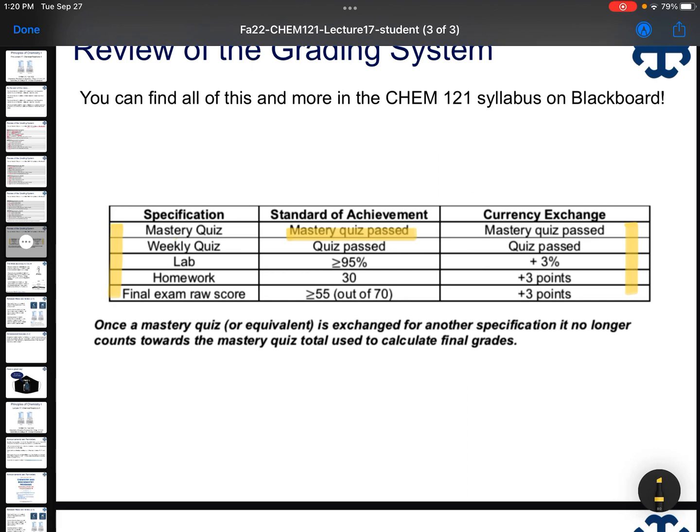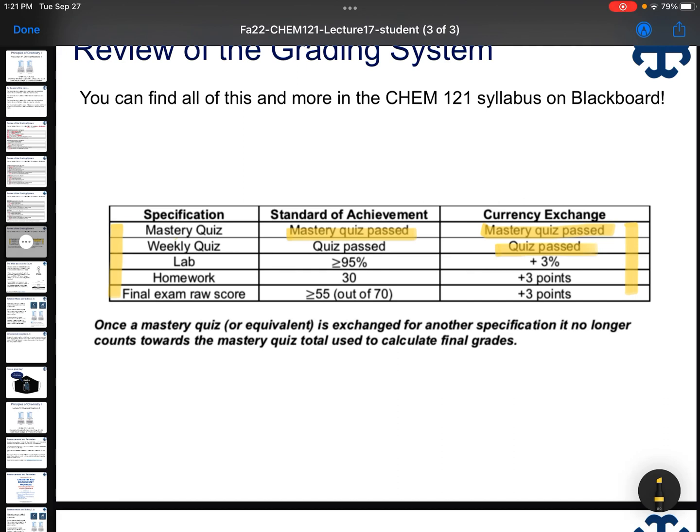So you can, of course, count that mastery quiz as a mastery quiz. You can replace a weekly quiz with a mastery quiz. So say, for example, you just couldn't crack passing quiz 2 at any point this semester, but you did pass mastery quiz 1. You could replace that so that you no longer have that mastery quiz credit, but you've now maybe passed all of your weekly quizzes,